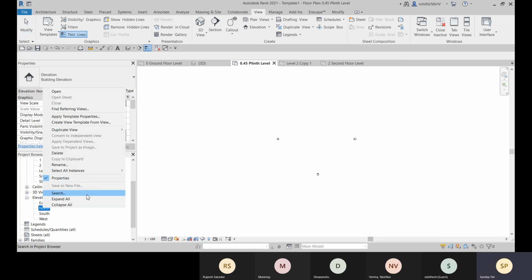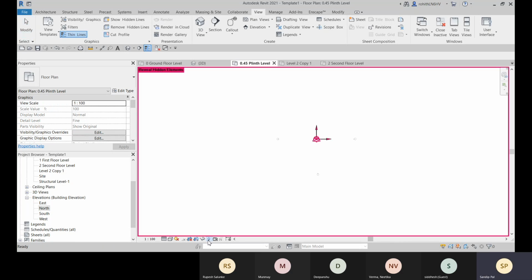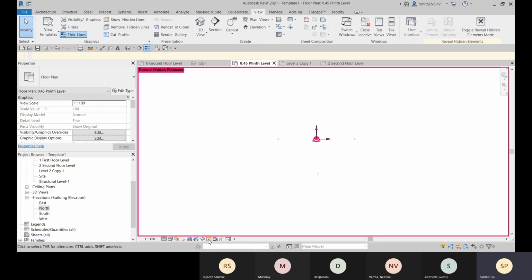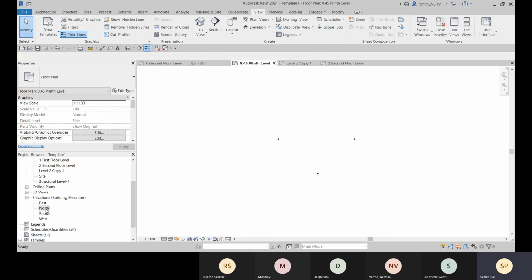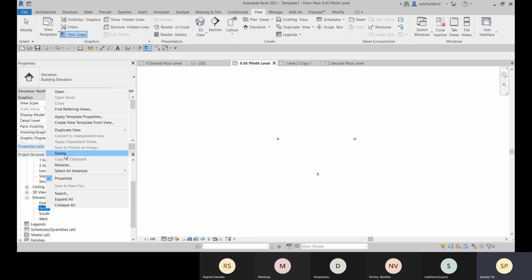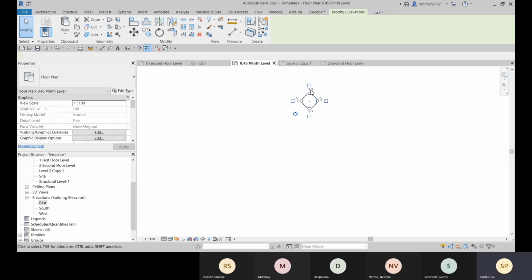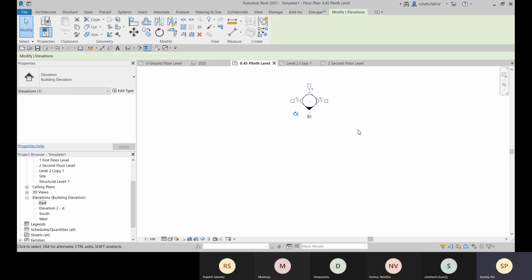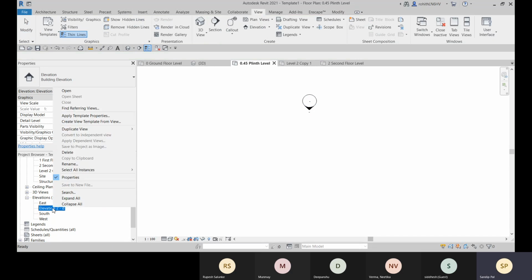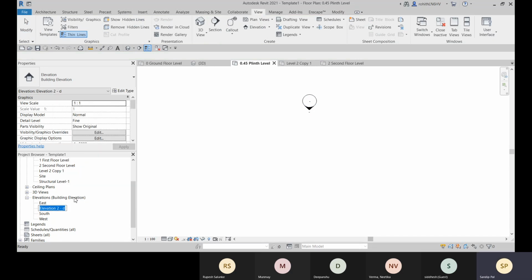I think somehow I deleted it, or here I have this option, so nothing is there. Okay, so right click. Let me delete it. And now let me add it to this side, and now let me rename it to north.